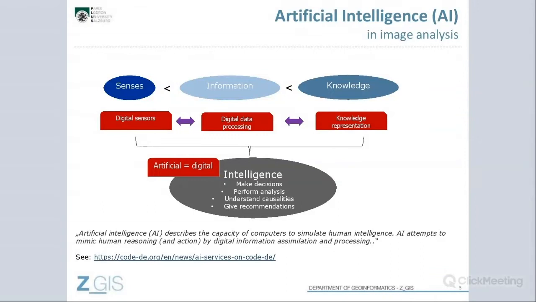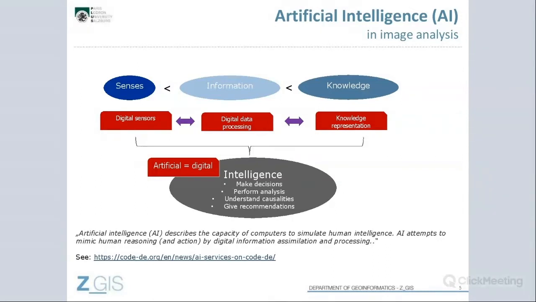And then we will further on go more into detail, have a little bit closer look at the applications. So this, I think, fits perfectly also to the title. So obviously artificial intelligence is what it says. There are two words, two parts: artificial and intelligence. So it's something where we use the aid of computers to support our human intelligence, and not only support, but actually try to simulate it.